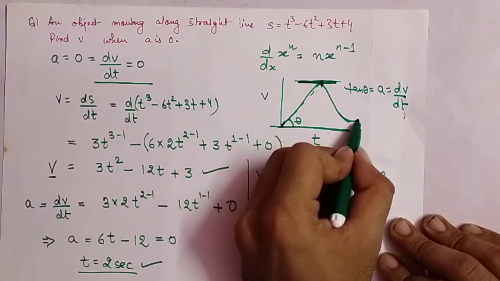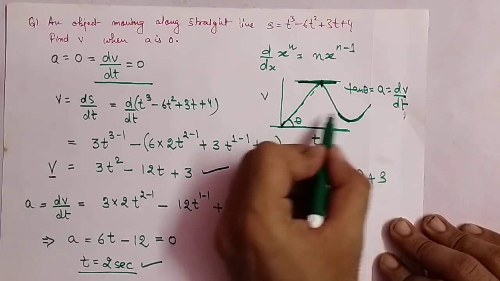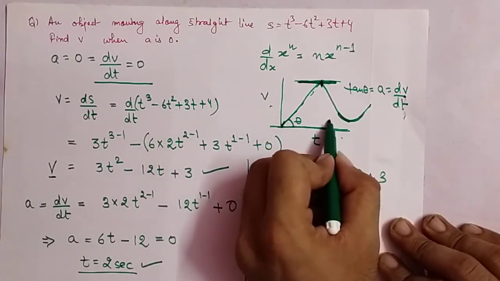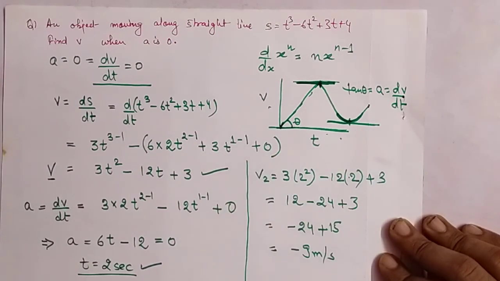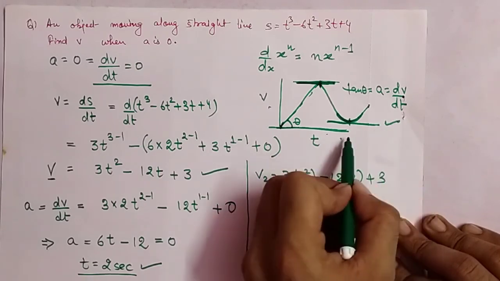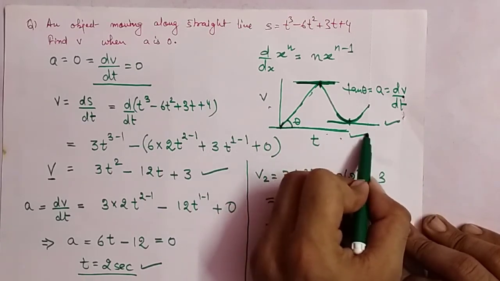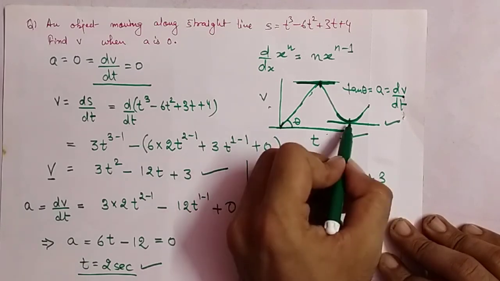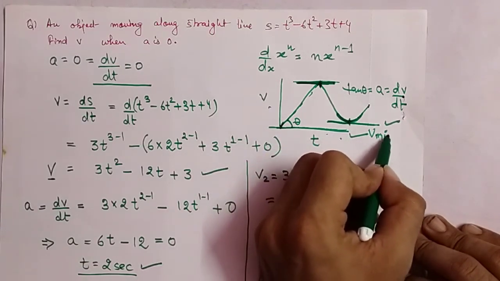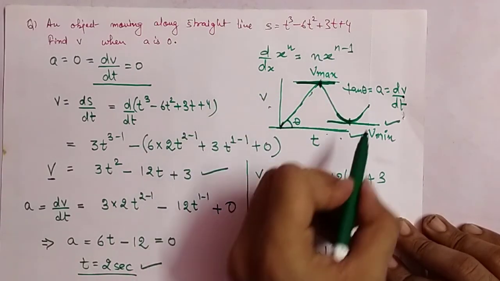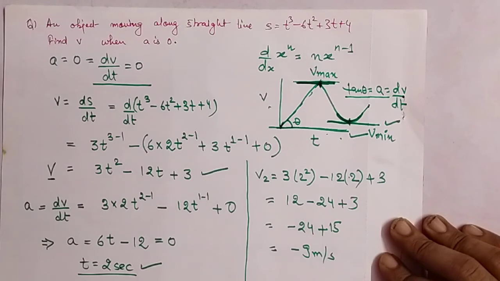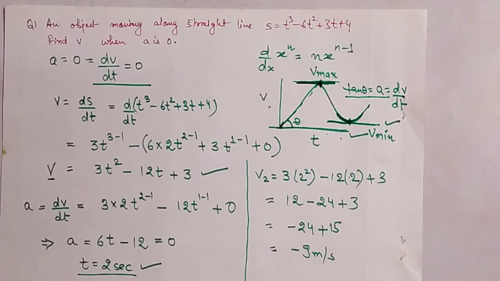It can also be the minimum point, like for example, if this is the curve between velocity and time, you can see again at this particular point, if I draw my tangent, that is the slope, then this slope is also 0 degree and it is parallel to the time axis. So this is the point for the velocity that is the minimum value, and this is the point for the maximum value, and where it is occurring, that is at theta equal to 0. So that was the geometry, or you can say the slope significance of this question.